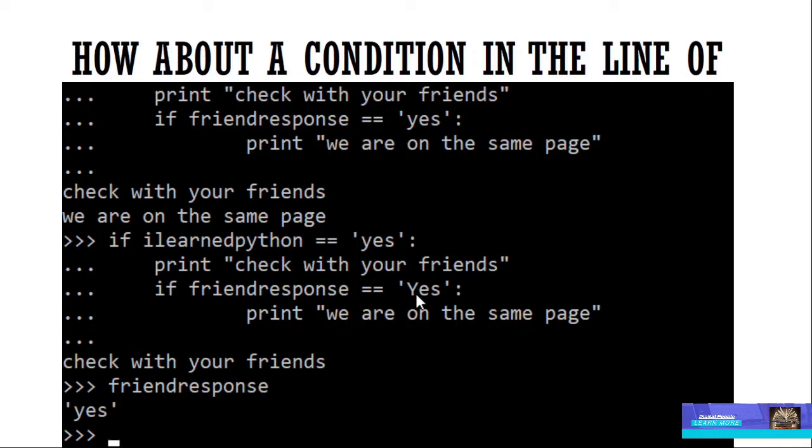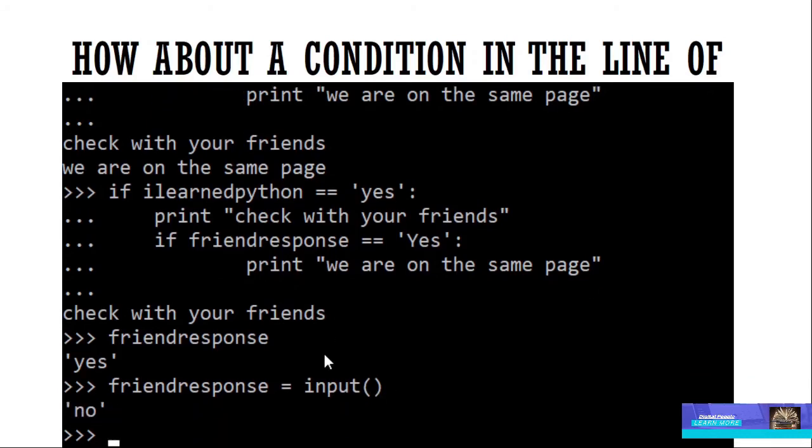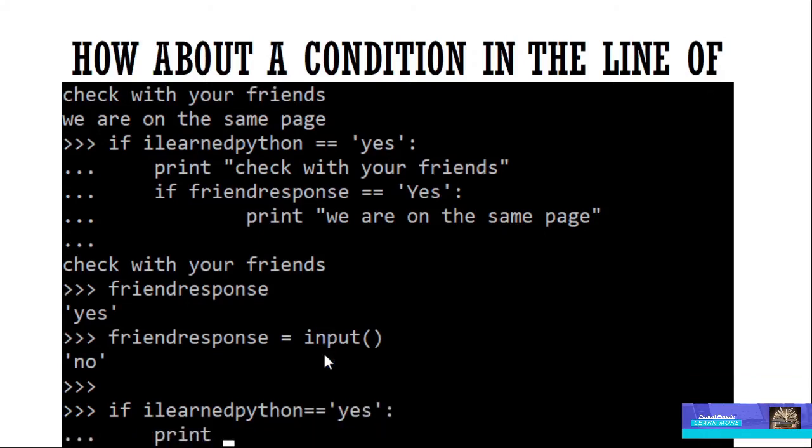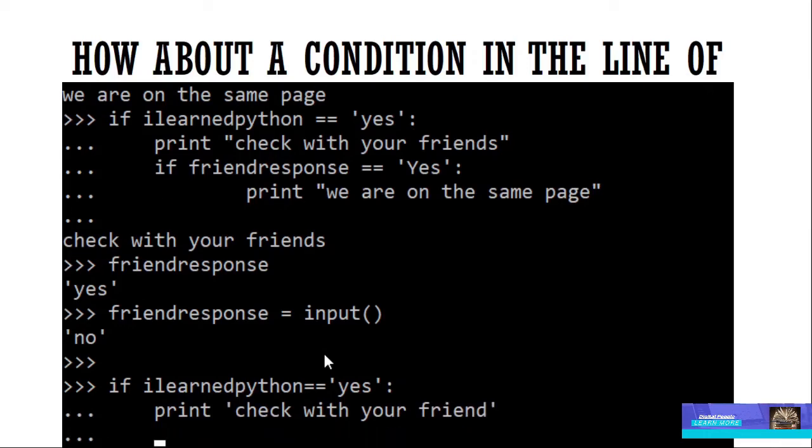Okay, so when you actually code a program, you need to understand what kind of value you are going to play with. Now we will see another example where your friend response is equal to input of your friend says no. So if I learned Python equal yes, then check with your friend. Yeah, so you're going to check with your friend. If friend response equal yes,